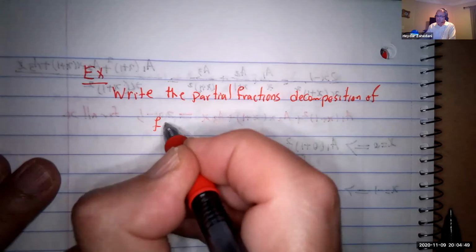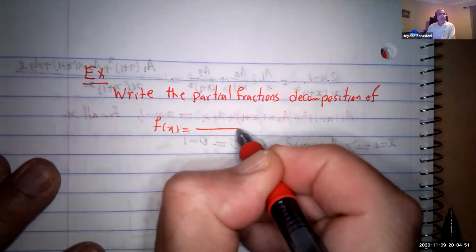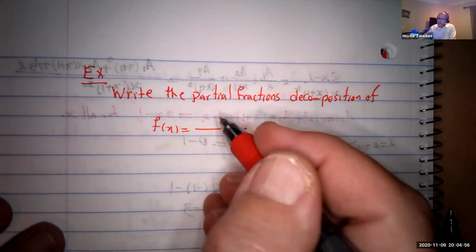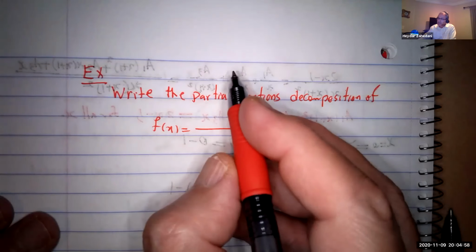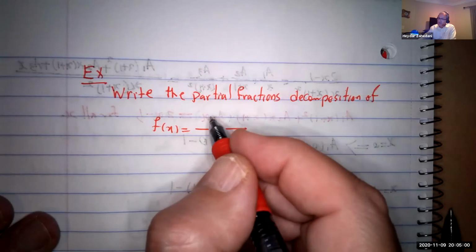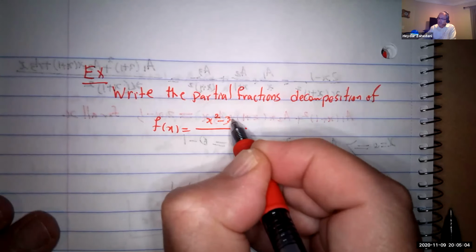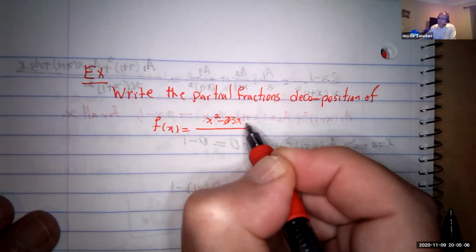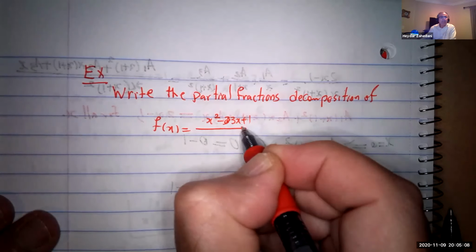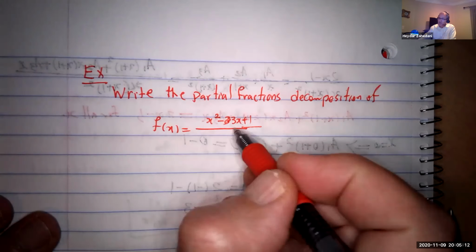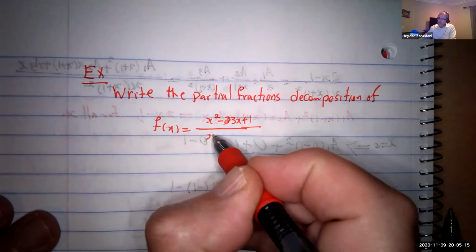You see, f of x is equal to, let's say, on the top, you may have x squared minus 3x plus 1, and down the bottom we may have x minus 1